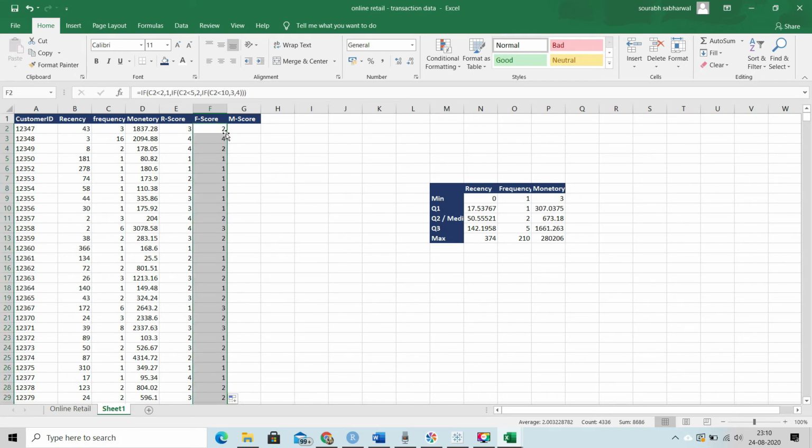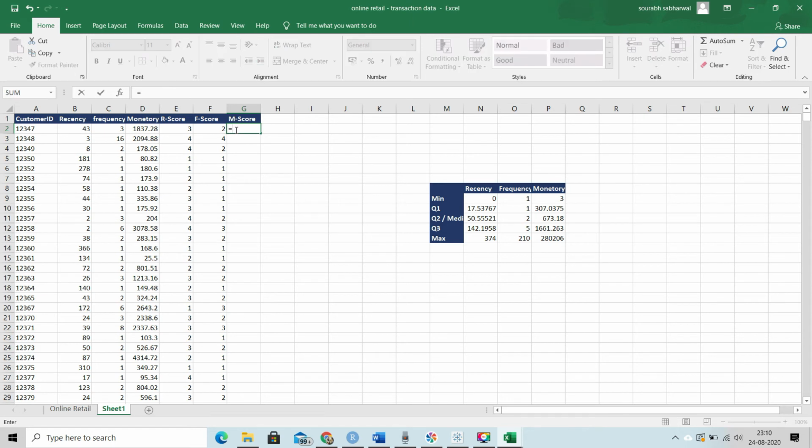Yeah, and let's do the same for finding the monetary score also. So again, let's apply the same thing here. If total monetary spend is less than quartile 1, we'll give them the least score, that is 1.